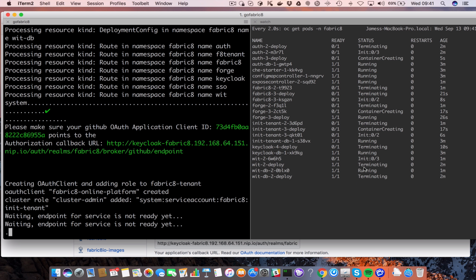So for now, this is a little bit misleading. We're not actually going to use the username and password fields on the left-hand side. Instead, because we're deployed to minishift, we're going to click the OpenShift button. So now we can log in using our minishift developer credentials, add in some profile information,